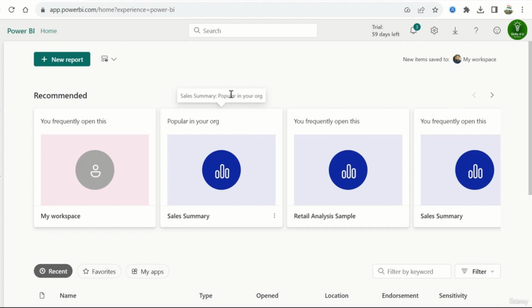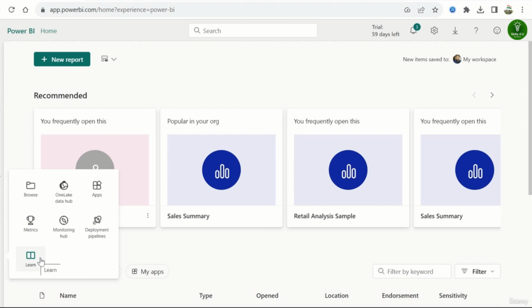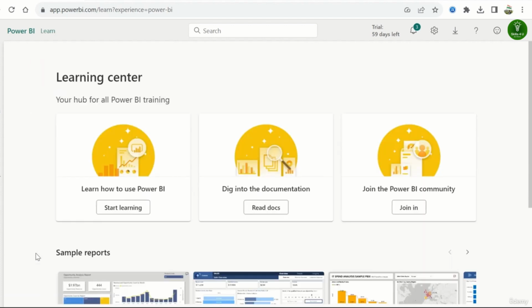To reach the Power BI service samples, all you have to do is click on the Learn button that comes after the ellipsis. There are chances that the Learn button is available for you over here, and there are also chances that it comes under the ellipsis if you have some more workspaces or recent items or reports currently open. So you click on Learn, and this opens up the learning center for Power BI,